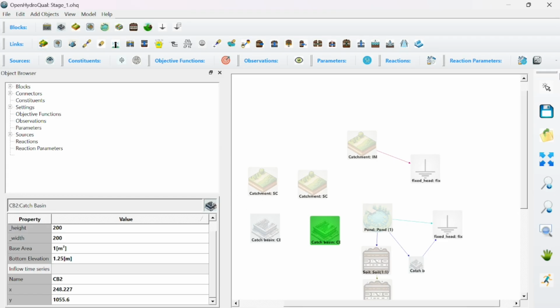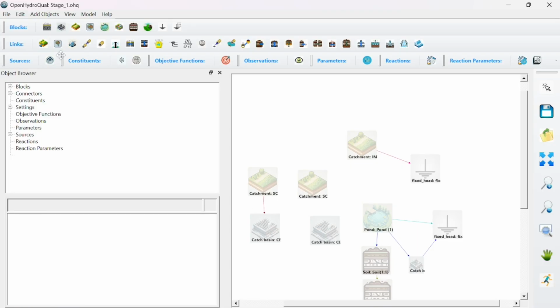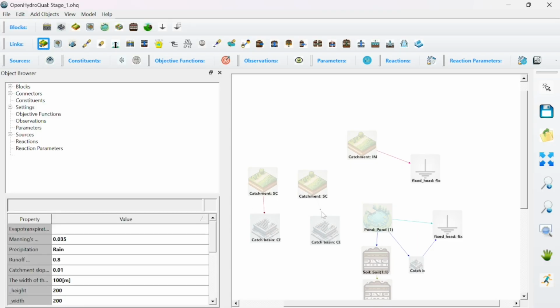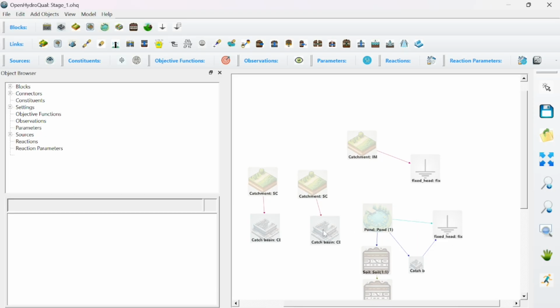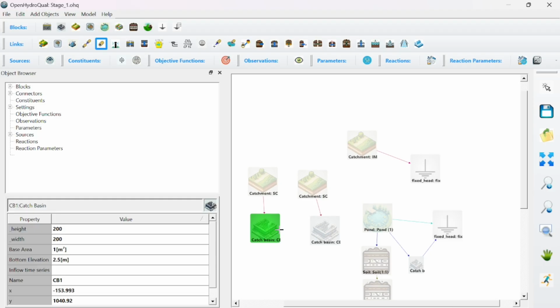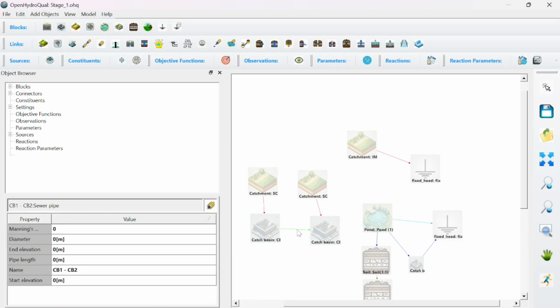So what I need to do is use the link from catchment. I'm going to connect this to the catch basin. Again, link connected to the catch basin. And then for these two, I'm going to use a sewer pipe to connect them to each other. So this is a sewer pipe, you see. And then just connect it. Okay, so that's it. And then another sewer pipe to get the water from my downstream catch basin to the